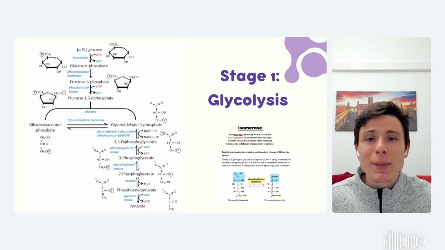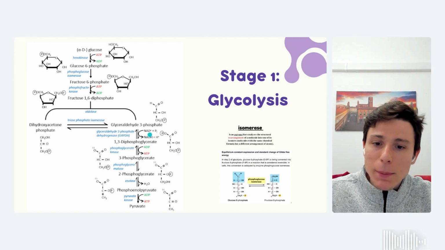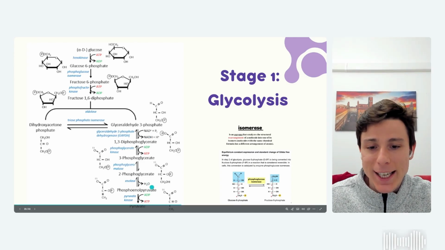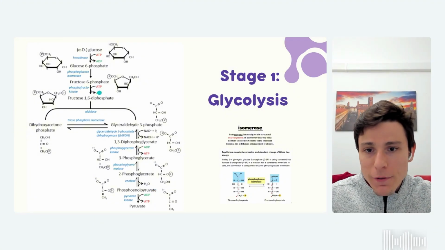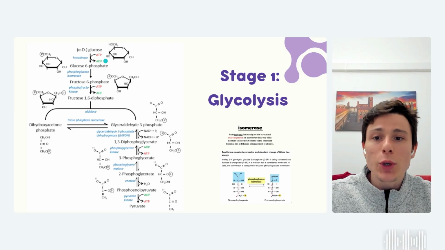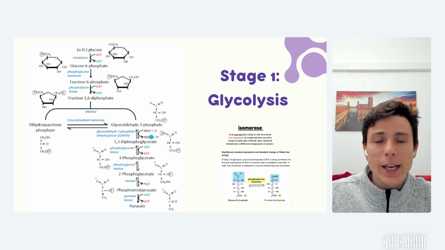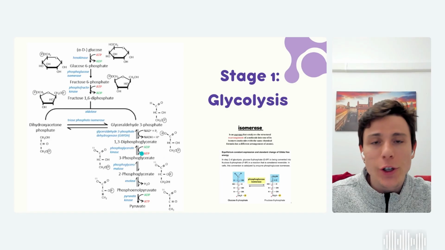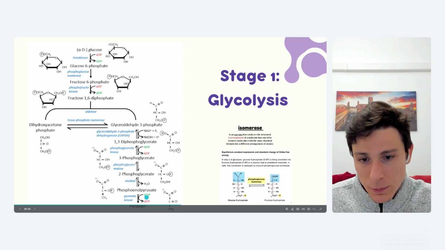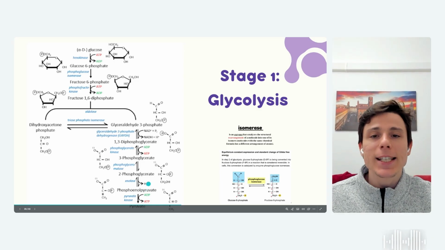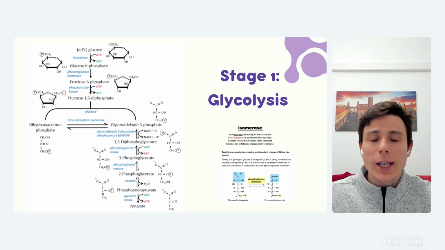Just remember, they're not going to be symmetric, okay? So we're going to have the formation of two different molecules. And the last one that I think might be important to remember is going to be the pyruvate kinase. Now remember, every time we have a kinase, there's a phosphate playing a role here, okay? So in the investment phase, all the kinases are going to add a phosphate to the substrate. And in the payoff phase, all the kinases are going to be responsible for removing a phosphate from these molecules. That's how we're going to produce the ATP. So just keep the pyruvate kinase in your heart, and remember that it's going to be the last one, and it's going to form the pyruvate.